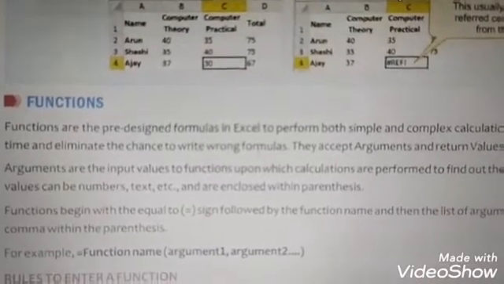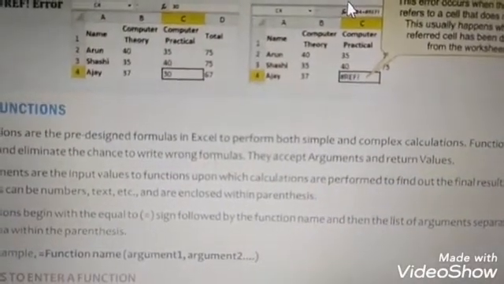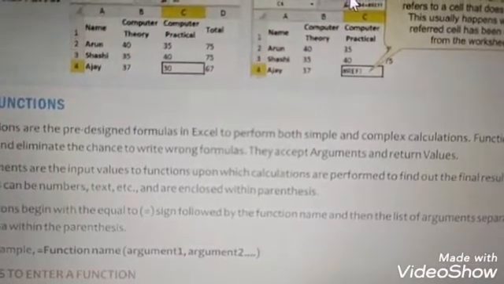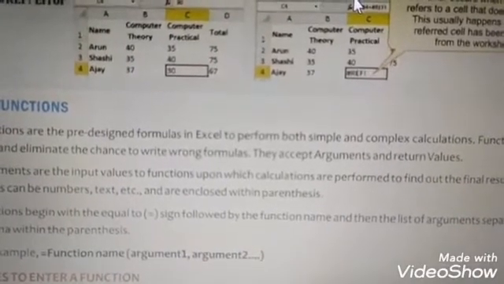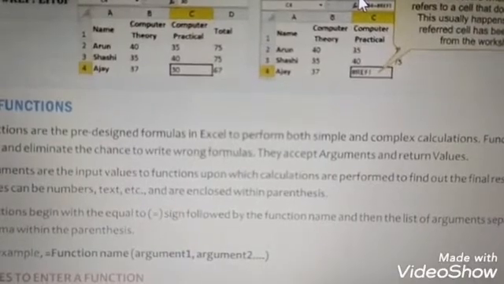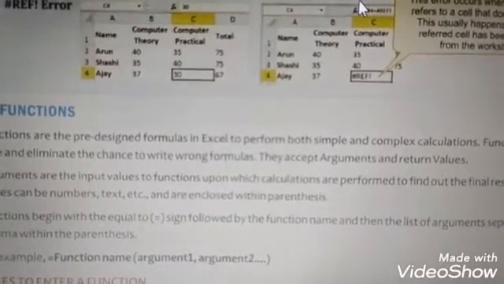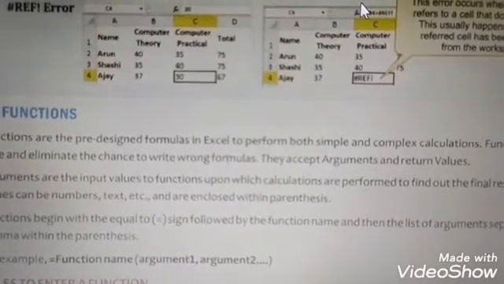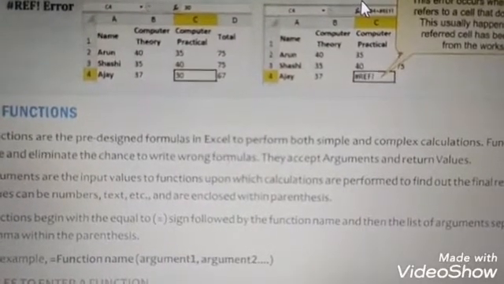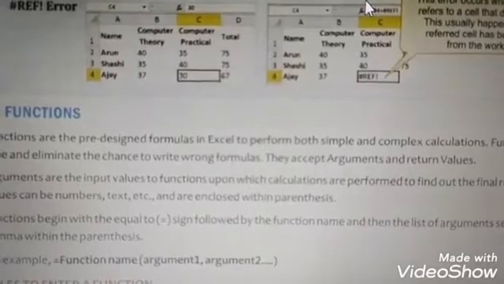But functions need certain data, and that data is nothing but the argument. The function needs data on which it does the calculation; taking the data or argument, it does the calculation and returns the value.